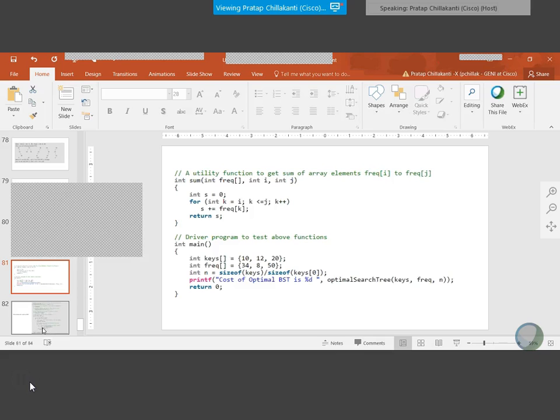What I want you to do in groups of 2 or 3, I'm going to post this in the community right now in the next 2-3 minutes, is trace this code. So you have the driver program, and there's some procedure for how you calculate the cost, right?